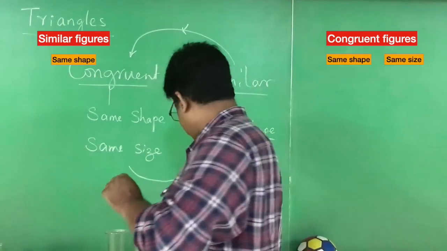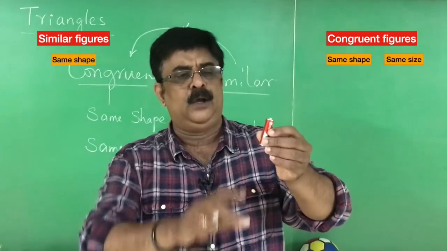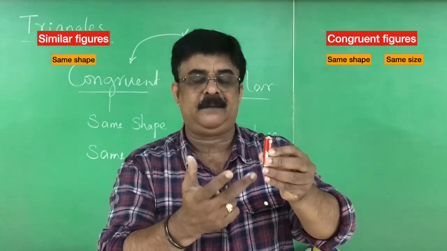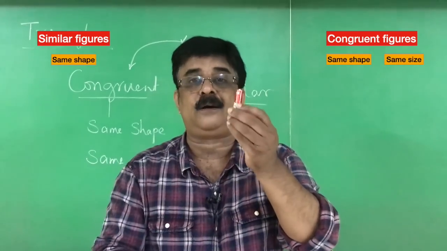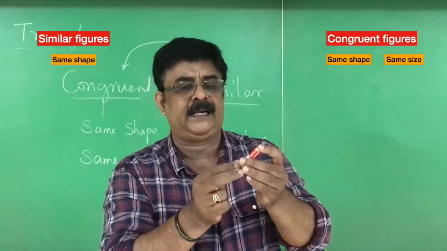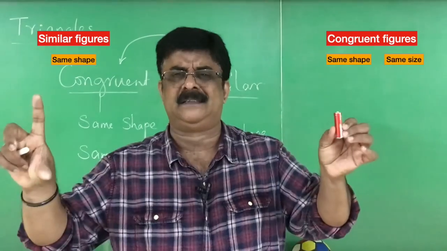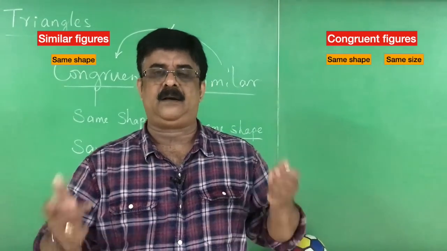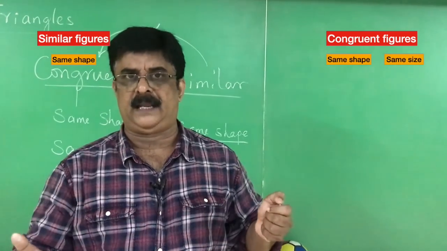Take a cell, you are seeing the cell. If you purchase a Nippo cell, how many such cells may be there in the market? It may be 10 lakhs. All the 10 lakh cells are congruent. Same measurement of the positive and negative terminals, zinc, electrodes, everything is the same. Understood? Therefore, similar and congruent figures are widely used in all kinds of industrial manufacturing.